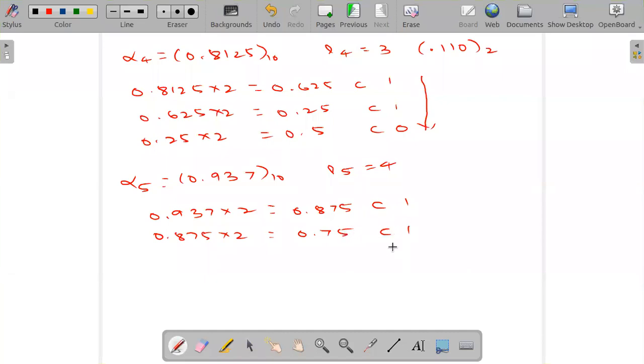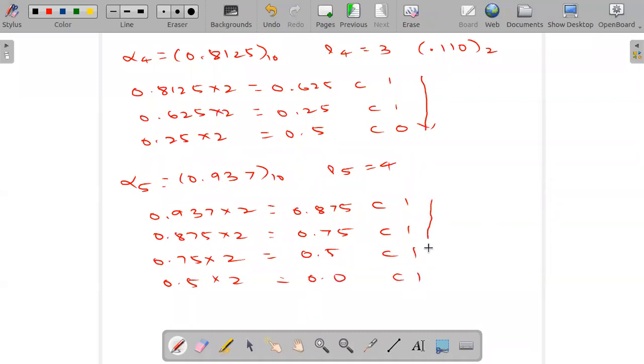0.75, so that carry equal to 1 here. Again go here, right? 0.75 into 2, 1.5. So 0.5 can be kept here. Yes, 1, 1, 1, right. Carry will be 1. Again go for 0.5 because I want a total of 4 bits. 0.5 into 2 is 1. So 1 will be the carry. The remaining portion will be 0 here.